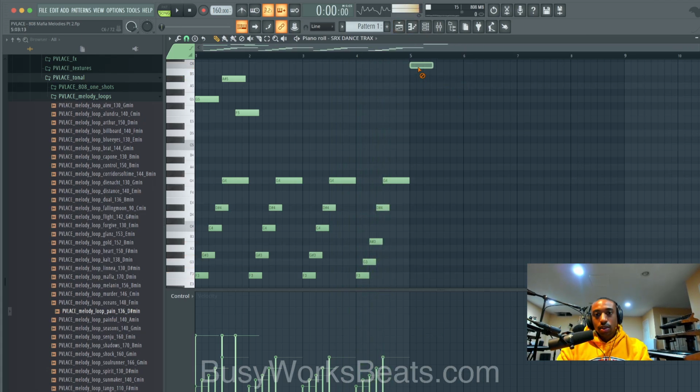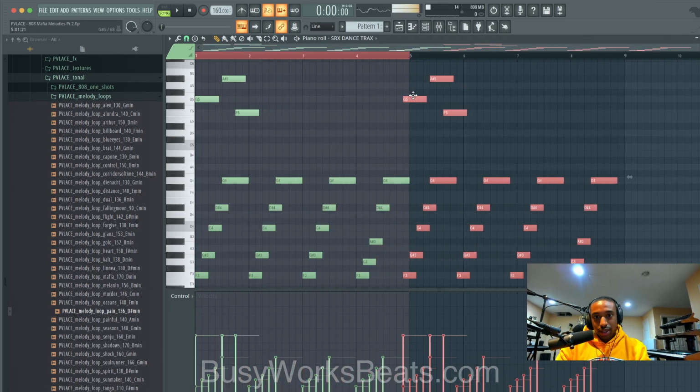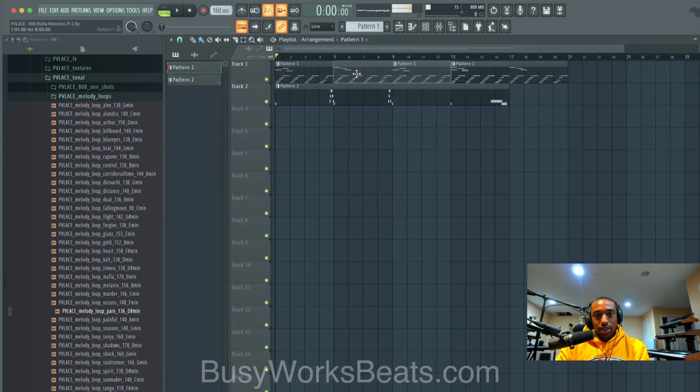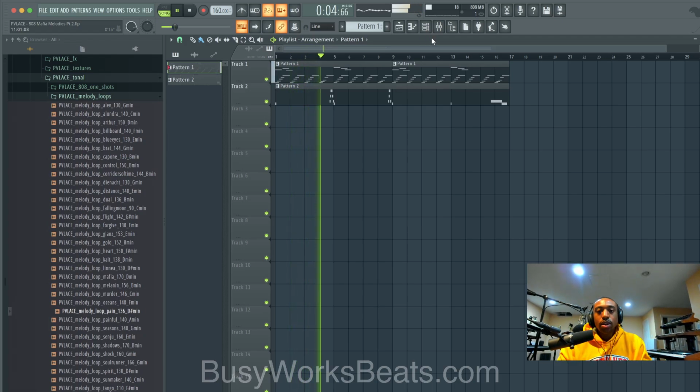So I'm gonna clone this over, hit Control A, Shift, left click, drag everything over. Get rid of those other notes, and then we can make sure we're just deleting the overlap. Now we have a moving melody and it moves the idea forward.